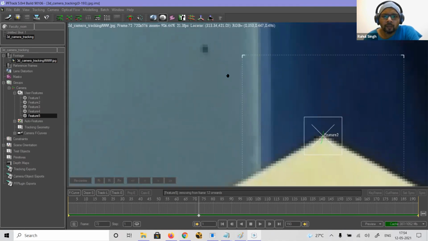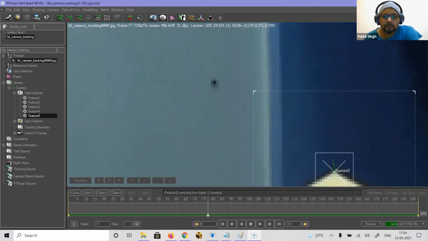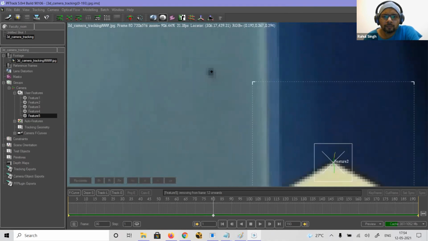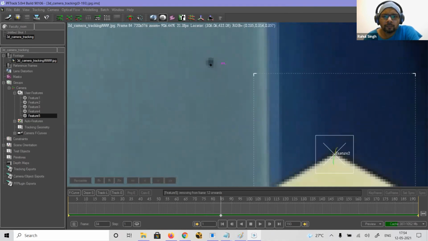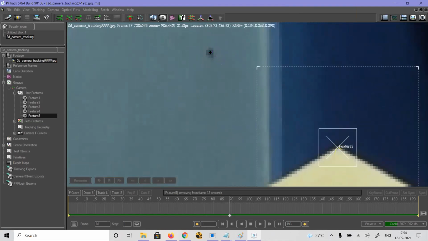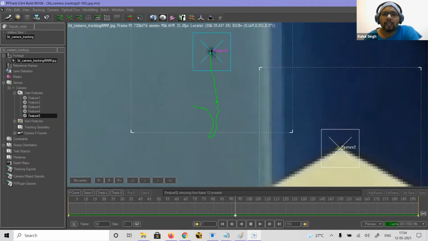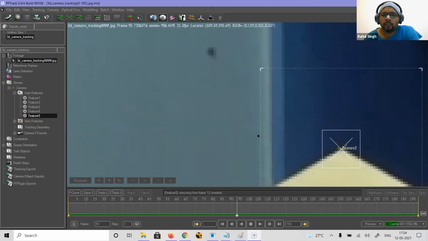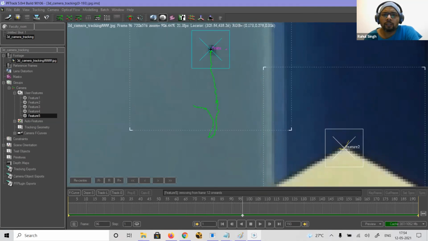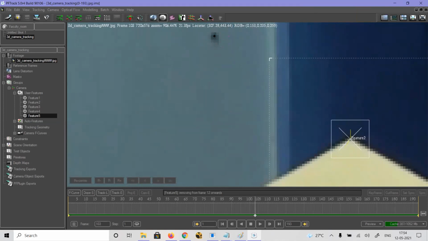So keep on adding it. So why are we tracking this point? Because we need at least a minimum of 7 points. And why I'm taking this point is that I want 1 point on this surface to get the depth, for how much distance is between these two surfaces. So that is why you need to have a point from each of the surfaces. At least 1 point from each surface you should have.